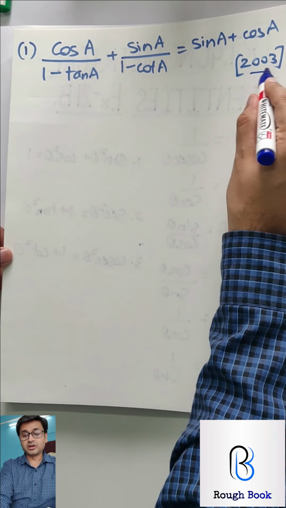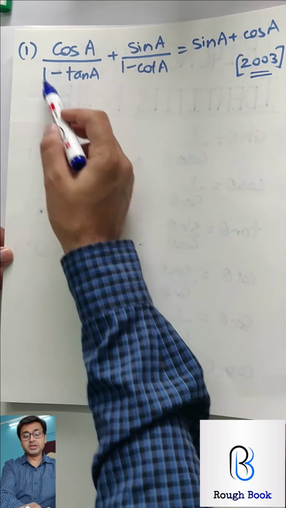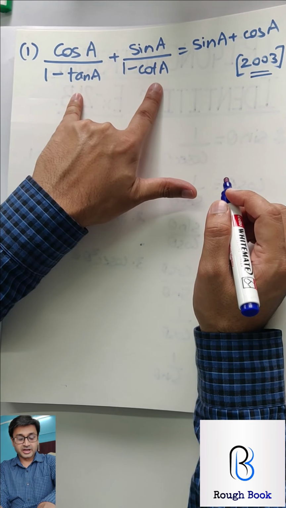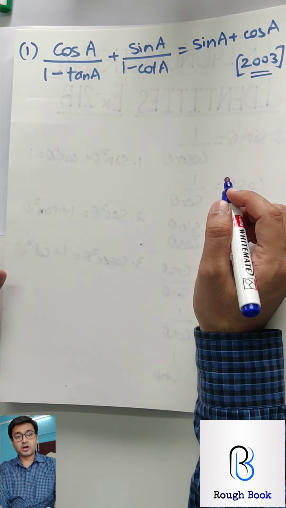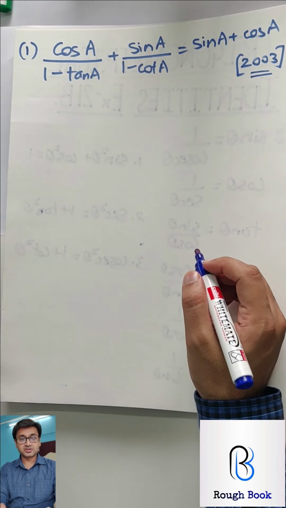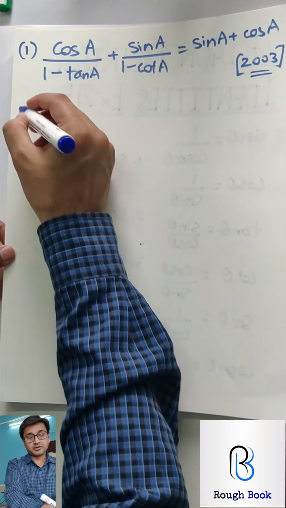This appeared in 2003. You're going to begin with LHS, obviously. Convert this tan and cot into sine and cos, the primary ones, and then try and work it out with the LCM technique to reach here. I am sure most of you will manage to get this sum. All the best. Come on, try it.